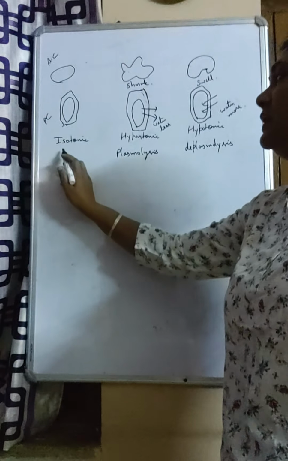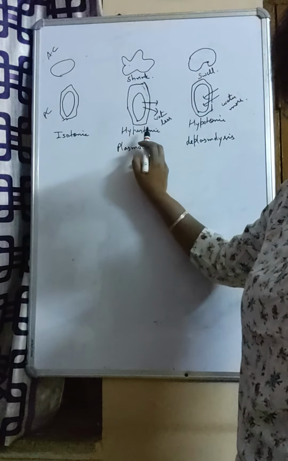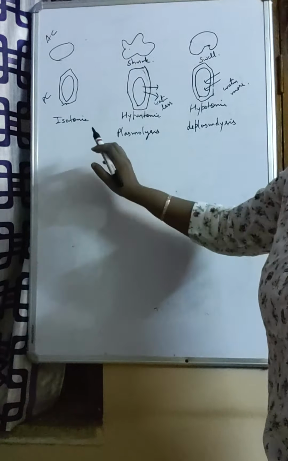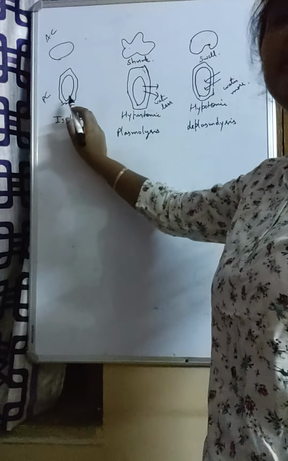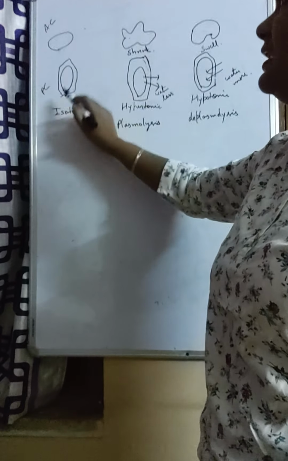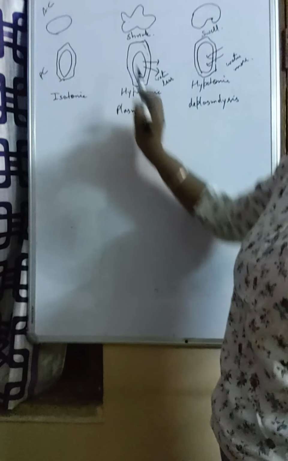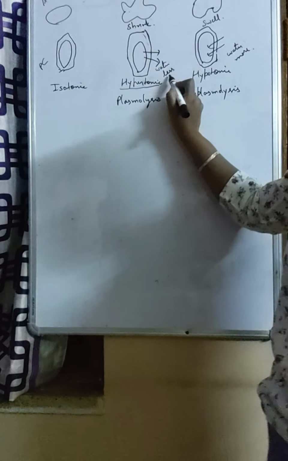So now what we'll do, we'll put plant cell and animal cell in isotonic, hypertonic and hypotonic solution, and we'll see what happens. In isotonic solution, where the concentration outside and inside is same, we'll see no change in both the cases. The difference between animal cell and plant cell is that plant cell has a rigid cell wall. Now if we put it in a hypertonic solution, hypertonic means water is less outside.